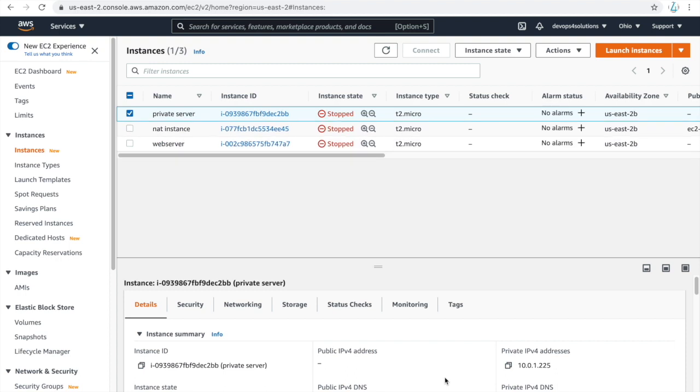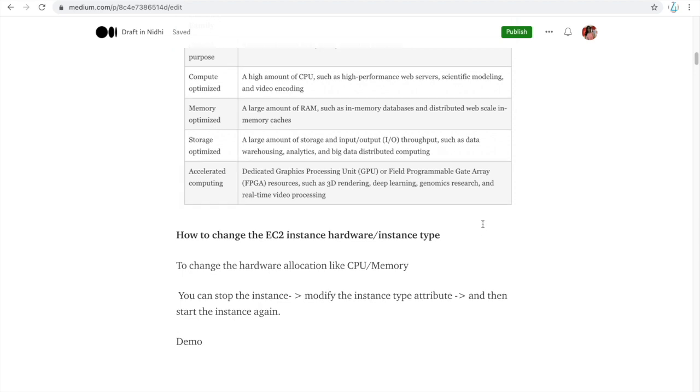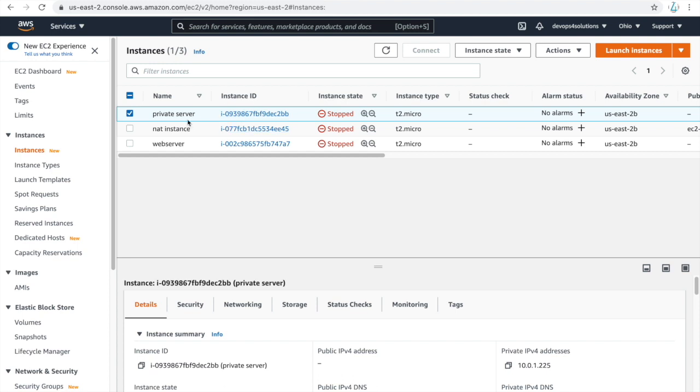So there are some questions that come in the exam also, like I have noted down here. The first thing: how we can change the EC2 instance hardware. Suppose I have created this EC2 instance, but after some time I realized that I need more CPUs and more memory. Then what is the option we have?